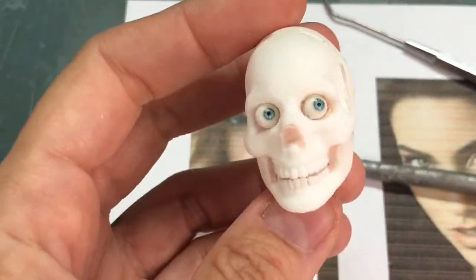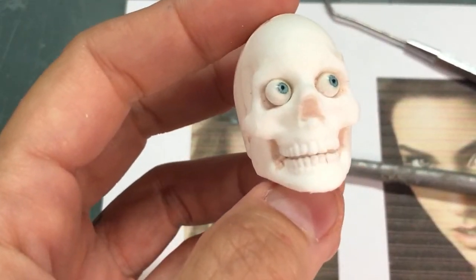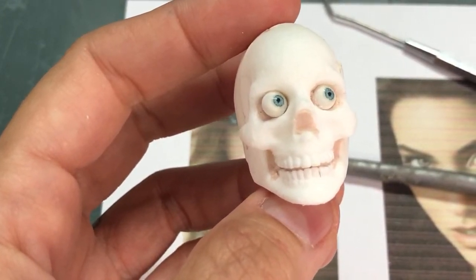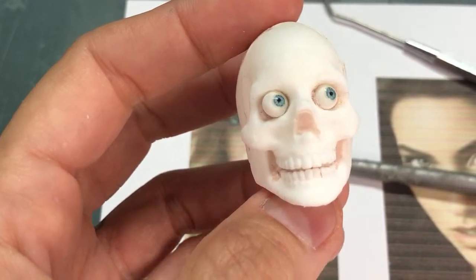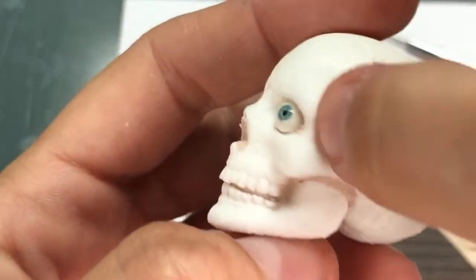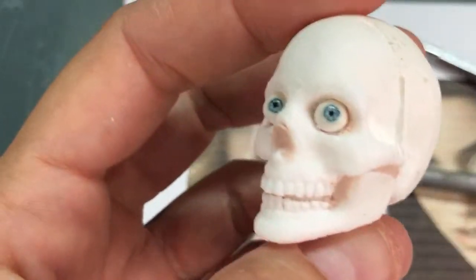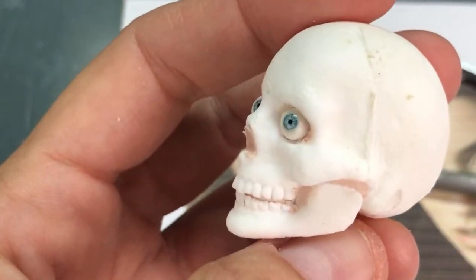So just covering some cavities, and that's to avoid air bubbles, to avoid cracks. And here too we have a pretty deep cavity, which we could just press the clay in, but if you think it's going to be hard,